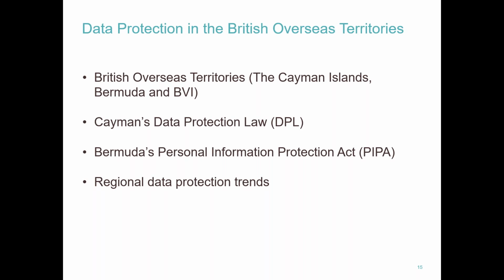Bermuda's Personal Information Protection Act, PIPA, was passed slightly earlier, back in December 2016. And Bermuda took a more innovative approach to their drafting. They started with a blank canvas and then essentially cherry-picked those parts of other laws that best suited Bermuda's economy and its main sector-specific requirements. But by chance or otherwise, the final result is a law which, in substance if not in style, largely mirrors the UK's Data Protection Act, again pre-GDPR.